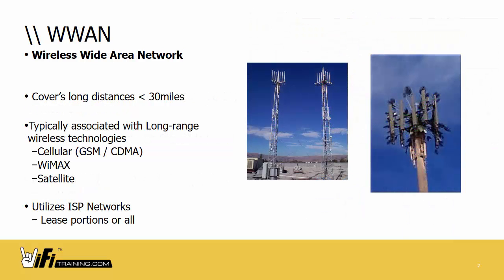For the wireless WAN, we can cover long distances, up to 30 miles with wireless technology. Now, whenever we're saying wireless, we're not necessarily saying Wi-Fi. This is typically going to be using long-range wireless technologies like WiMAX or satellite. Each of these has its advantages and disadvantages. For example, with satellite I can get to the most remote places around the world, right? Which is great. I can get coverage of just about anywhere.